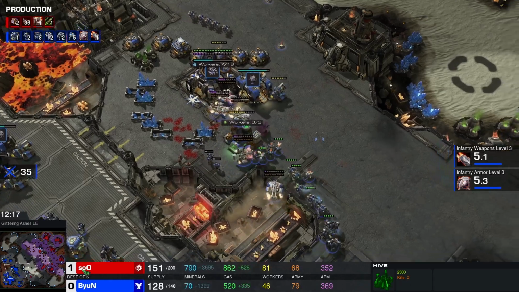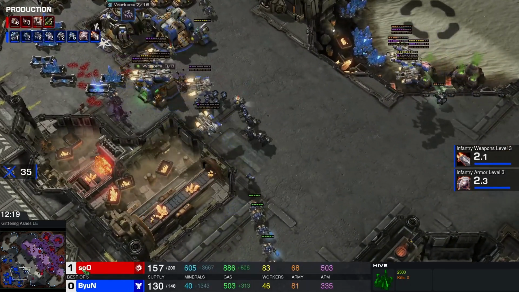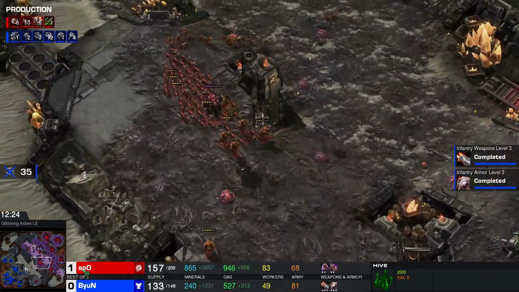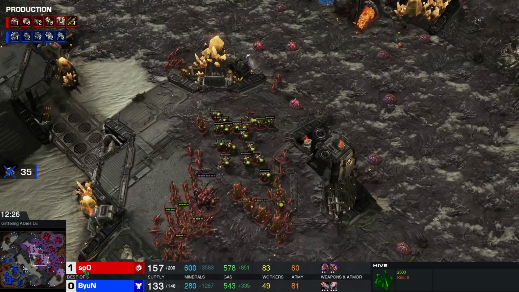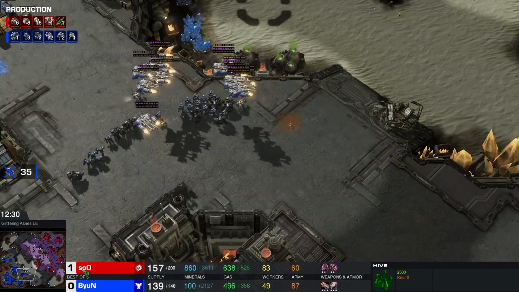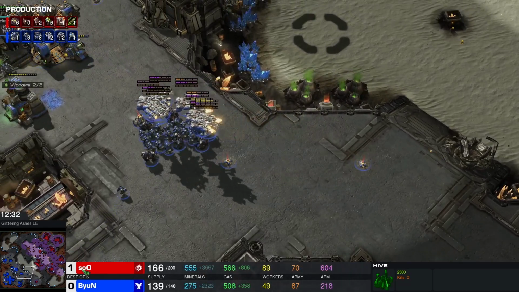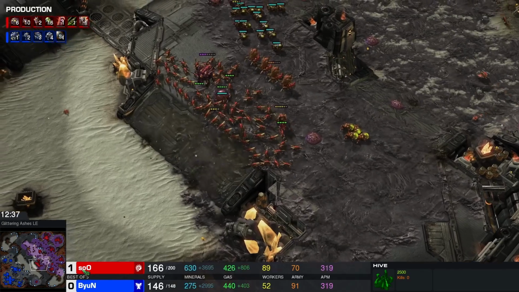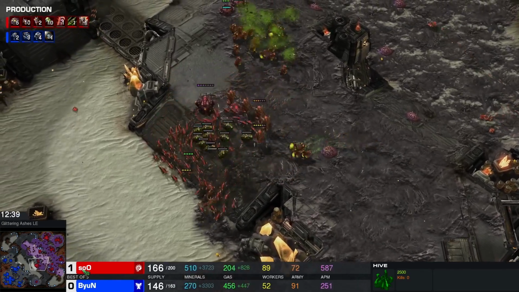Has +3 Carapace on the way. That is, I believe, the only +3 upgrade that he has. Of course, Byun will have his +3 bio. I mean, I think he might just have to use that. I don't know if there's really going to be an option for Byun to macro back into this game. He has 4 CCs. He has a 5th on the way, so he has plenty of mules, of course, and that can potentially get him back into this game. The issue is